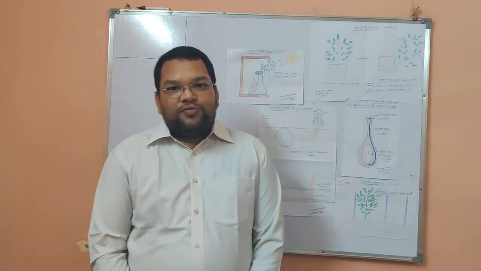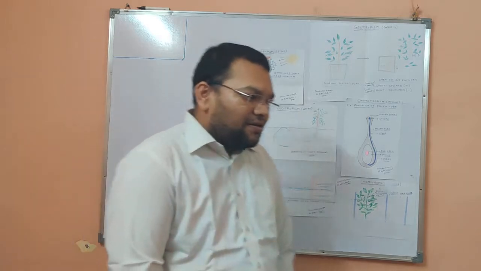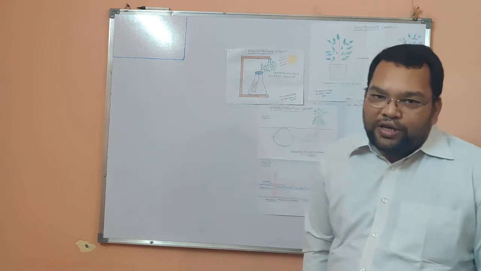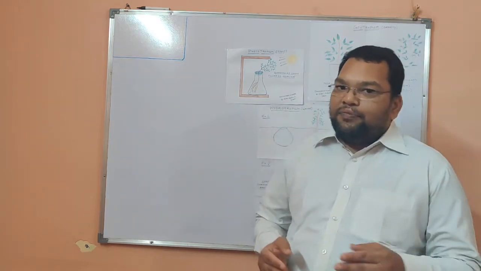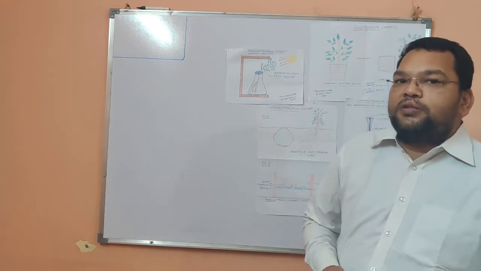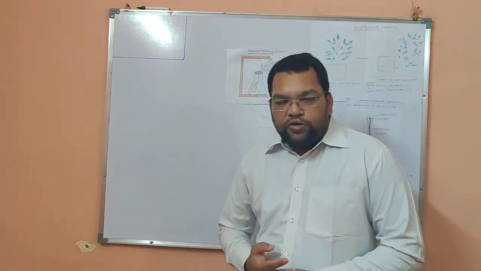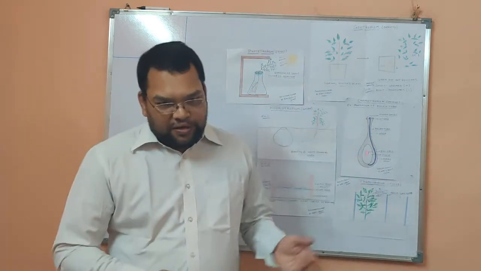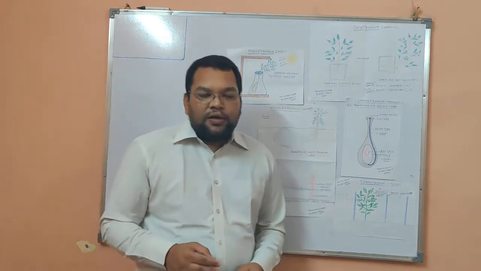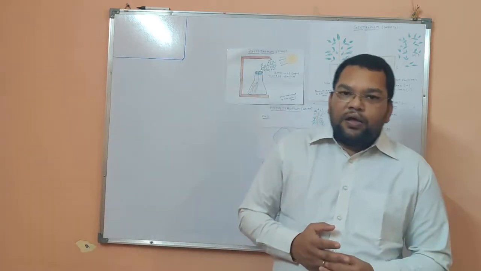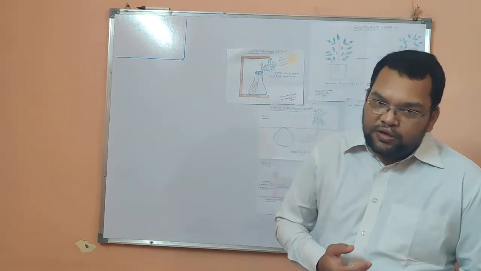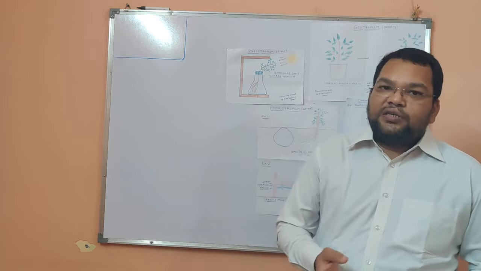Again I am here to deliver the lecture of the remaining part of the chapter, that is control and coordination. We already studied the brain, the reflex section, reflex arc, and the conduction of nerve impulses in the previous videos. So you can watch those videos on my YouTube channel. And in this video I am going to cover coordination in plants, how the plants coordinate, and what are the various types of movement due to stimulus that occur in the plant.